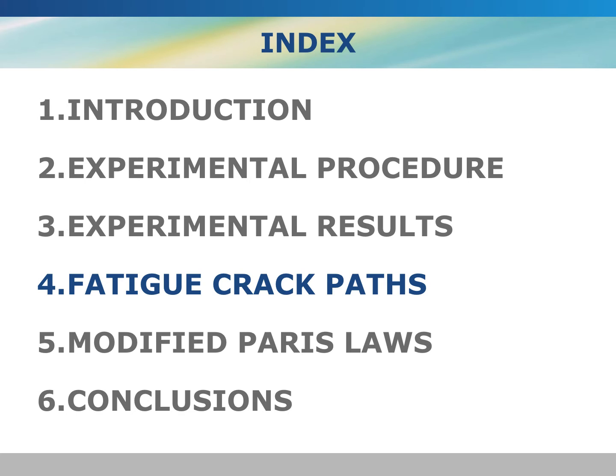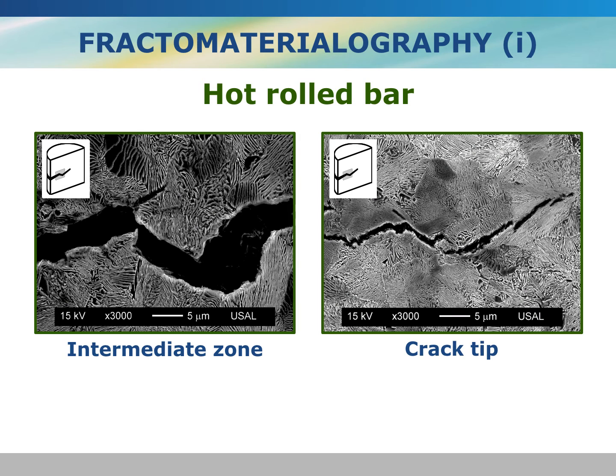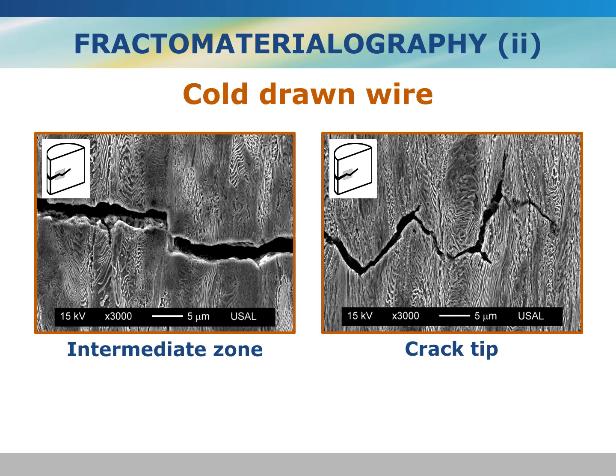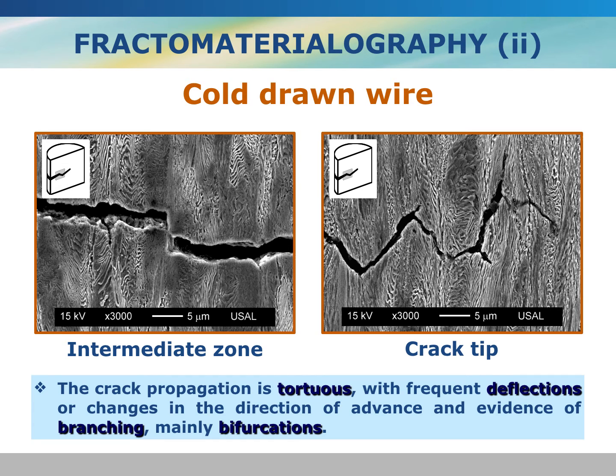What about fatigue crack paths? This is the fractometallography of the hot roll bar, green color, intermediate zone, and the crack tip. The crack is transcolonial and translamellar, tending to cross the colonies and to break the ferrite cementite lamella, showing very localized plastic damage. In the cold drawn wire, orange-red color, for the intermediate zone and the crack tip, the crack propagation is